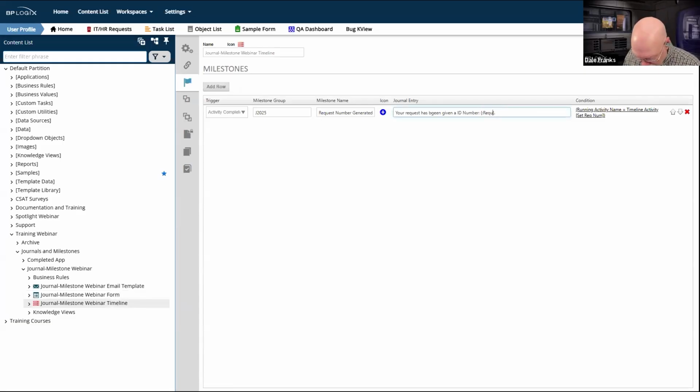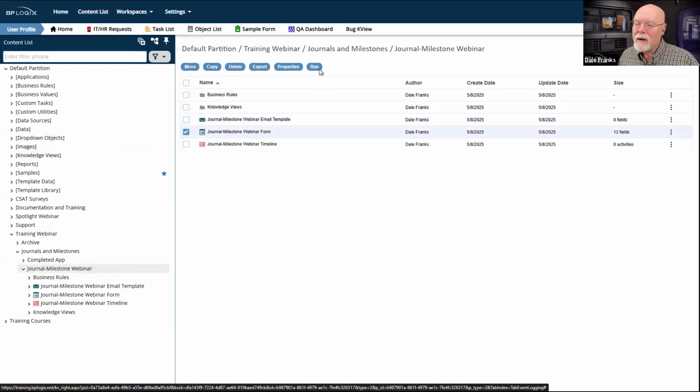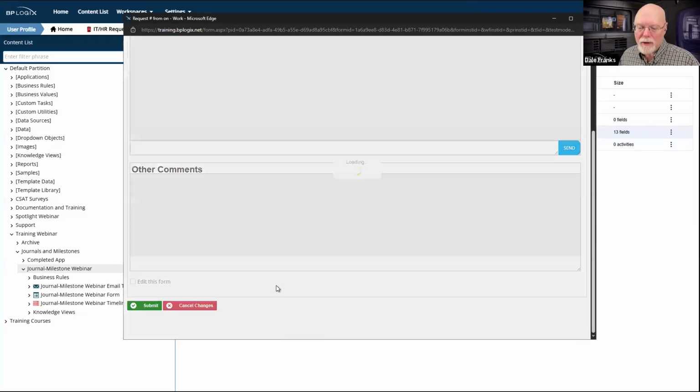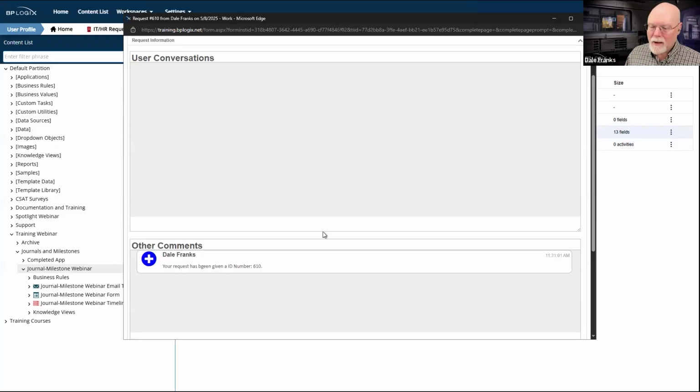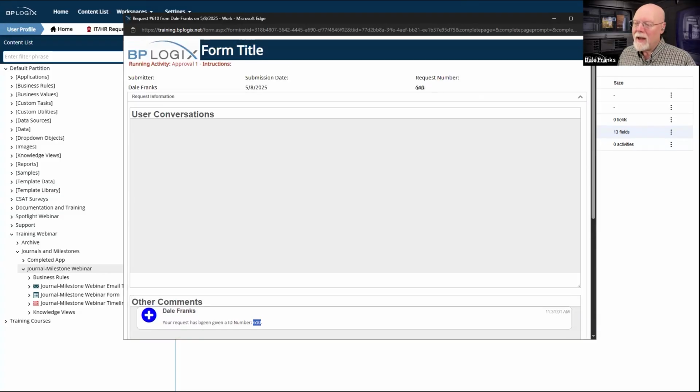So I got pretty formal apparently with the field names. That's fine. Because now I should be able to run it, and I should be able to submit it. And I should see a request number, which in this case is request number 610. And that is indeed the request number that has been applied.